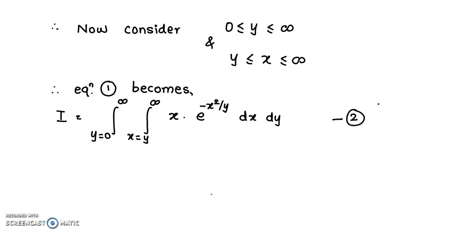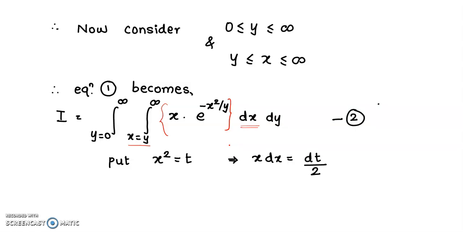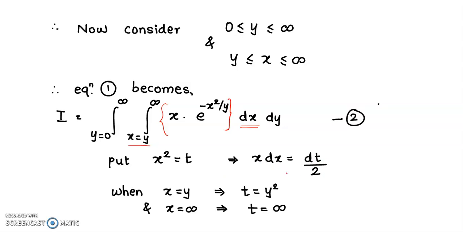Therefore, the required integral is now changed to integration from 0 to infinity, x varies from y to infinity, x e raised to minus x square upon y, where the function of integration will be unchanged. Now we can integrate this function with respect to x. So we substitute x square equal to t, therefore x dx is equal to dt by 2. When x is at lower limit y, t is equal to y square, and when x is at upper limit infinity, t is equal to infinity. Therefore equation 2 reduces to